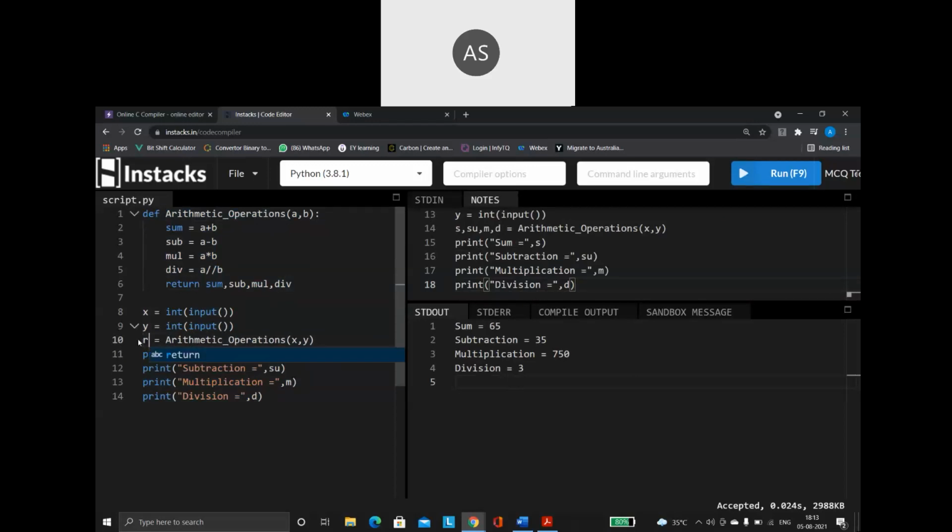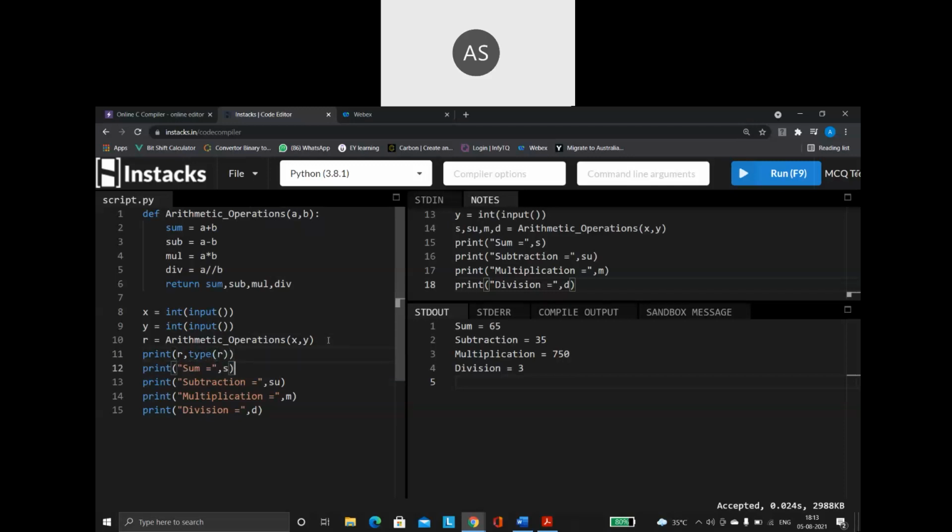Okay, I'm going to take a single variable, say r. So I am giving all these values inside a single variable, I'm going to store. Then see what I'm going to say. I am going to say print r. Then I am also saying print type of r. What is the data type? What is the data type of r?